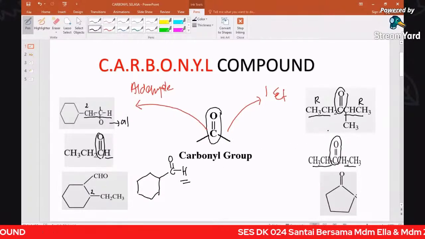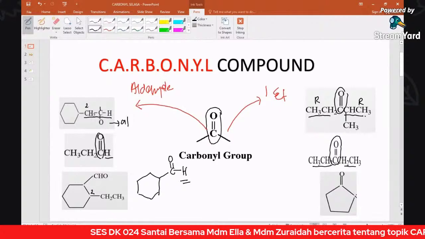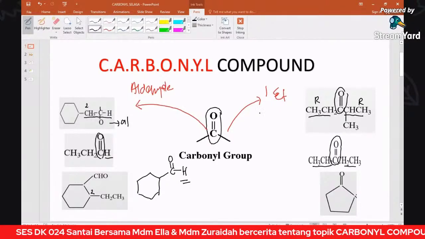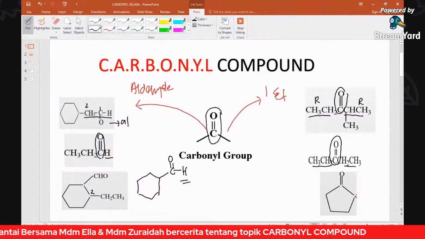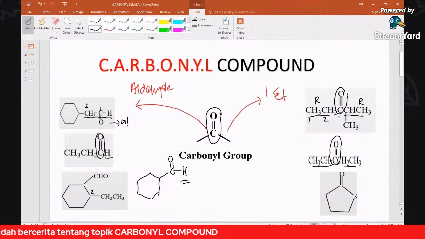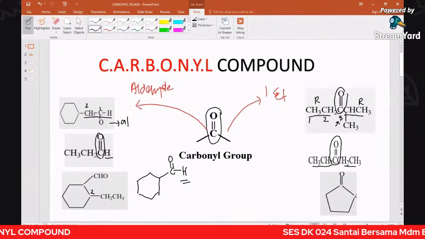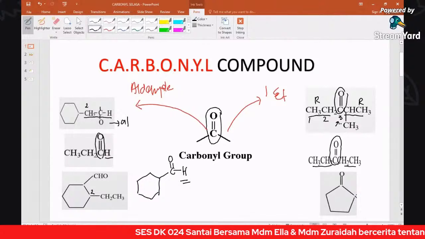Okay, how about the ketone? For ketone, if you look at the C double bond O, we have R and R. So we need to put a number on the location of the carbon. Here, we have the carbon double bond O on the 3rd carbon. So that's why the name is